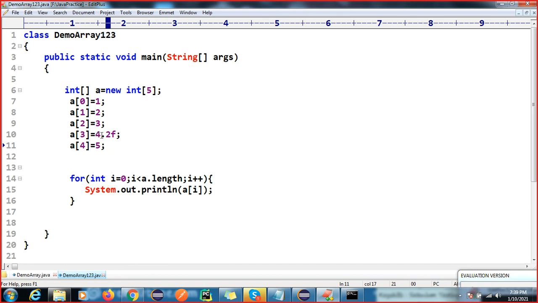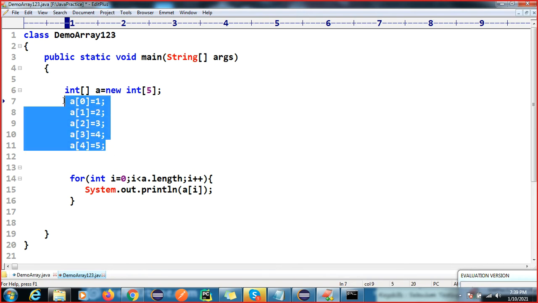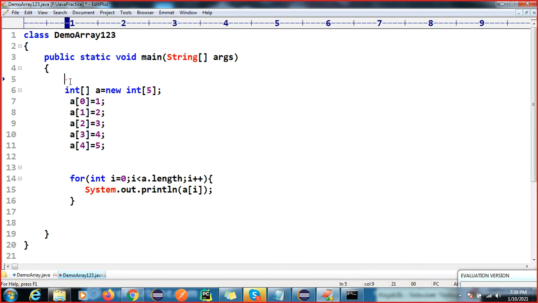Because if you are storing a different type, we get the error. This problem can be solved. How? By using the object type of an array.